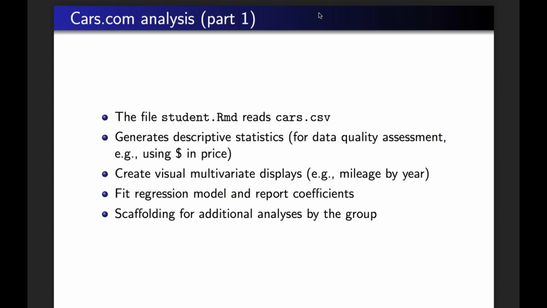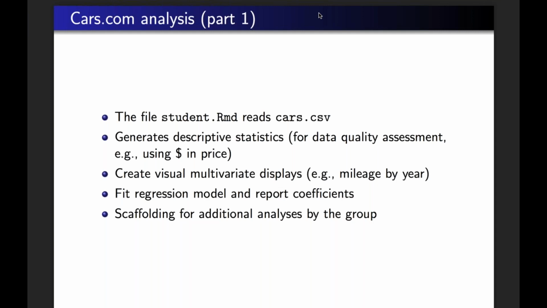This is an R Markdown file that reads the cars.csv file. It'll go ahead and generate descriptive statistics. It'll show you how things are being coded. So if there's some inconsistency in how things are put together, commas or dollar signs, it'll indicate that with an